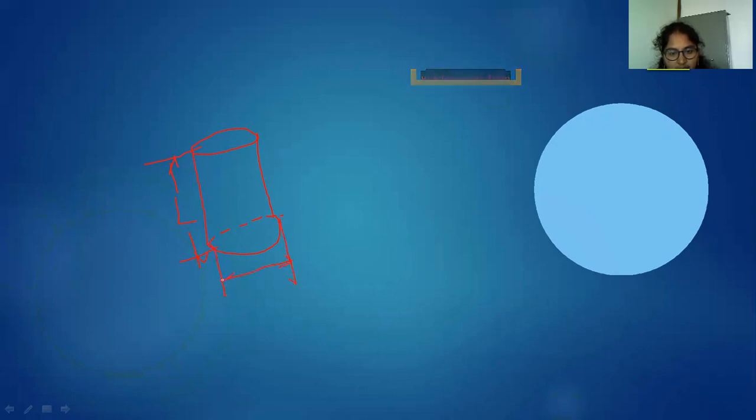Here we can apply sigma 1, sigma 2 and sigma 3. The pressure will be applied on the particular specimen like this. Three types of pressures will be applied: major principal stress and minor principal stress, that means the confining pressure, cell pressure, sigma 3. The water pressure will be like this, compressed between the water.